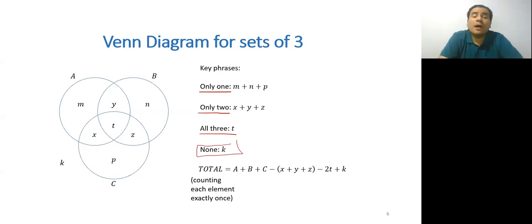Okay, so we have this formula for how you can count the total number of elements by adding the 3 sets separately, A plus B plus C. Then, in order not to count the overlapping parts, which are this and this, you can subtract x plus y plus z. And since t is repeating 3 times because it's being counted within A, B, and C, you can here subtract, take away 2 times t, and add the number of elements out of the 3 sets. So this would give you the total count of the elements. Okay,